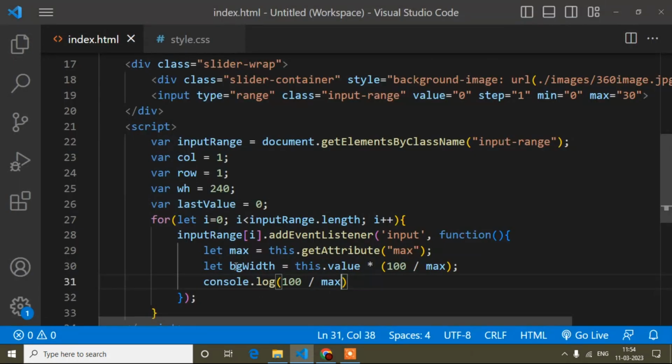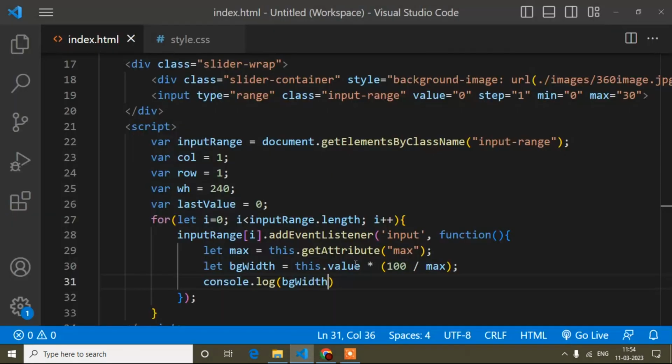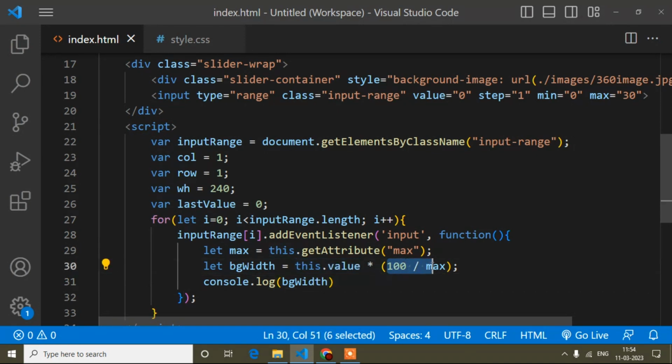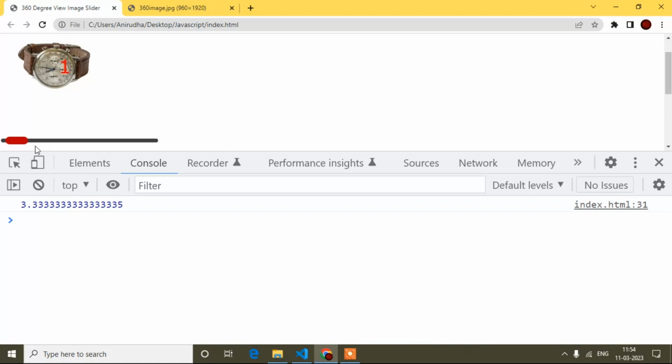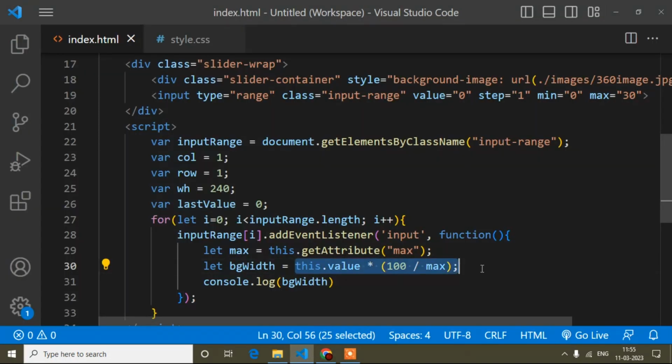Okay, so this way it will go up to 100%, meaning this color will fill up to 100%. Now for the BG color, the first slider value is 1, so 3 into 1 is 3. I'm getting 3. Next value 2, so 2 into 3 is 6, and like this. If I come to the entire thing, you can see I'm getting 100, meaning this BG color will be completely full, right? So that's why I have written this condition.